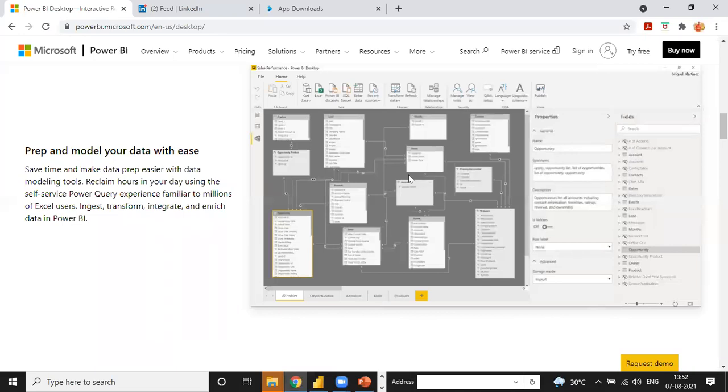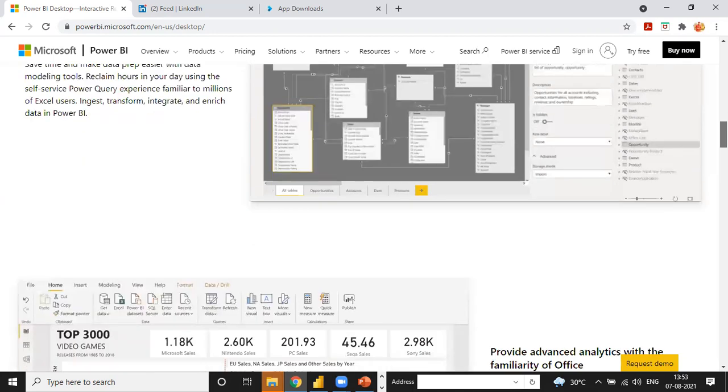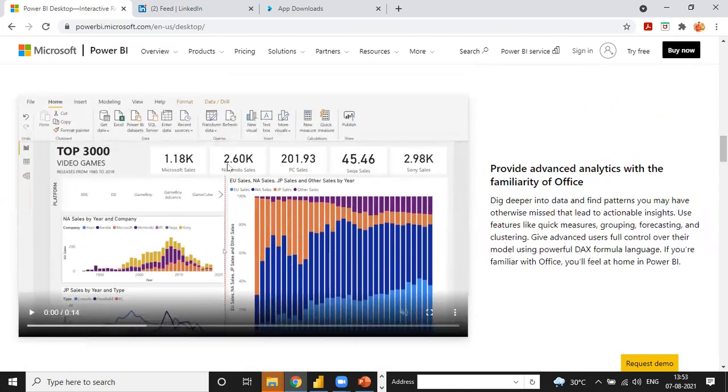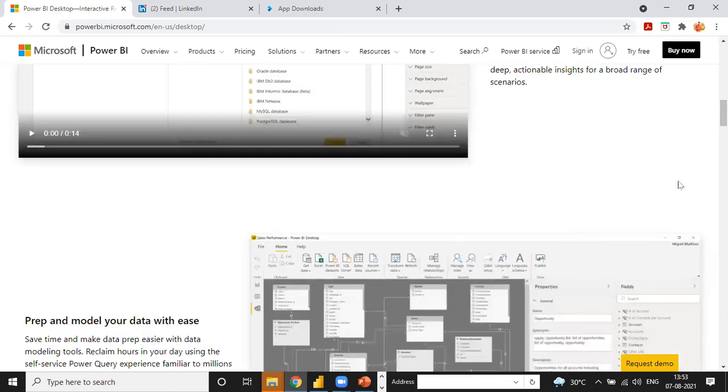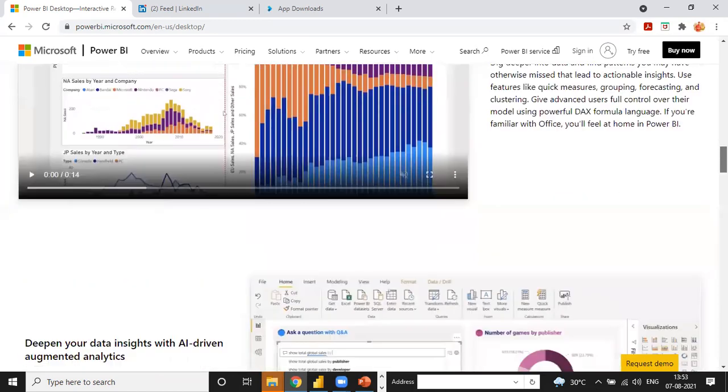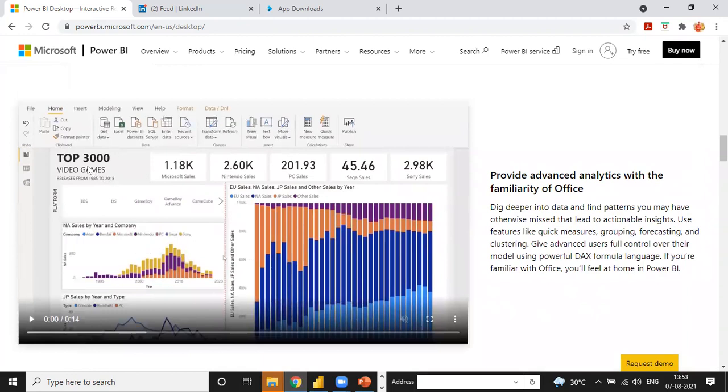You have to remember only one thing: what is a fact table and what is a dim table, and how to connect the fact table with the dim table directly. See this kind of connectivity, and this is known as a VLOOKUP. Okay, this is known as VLOOKUP. And the third step is making this kind of visualization after the connectivity. Only after the connectivity can you make this kind of dashboard.